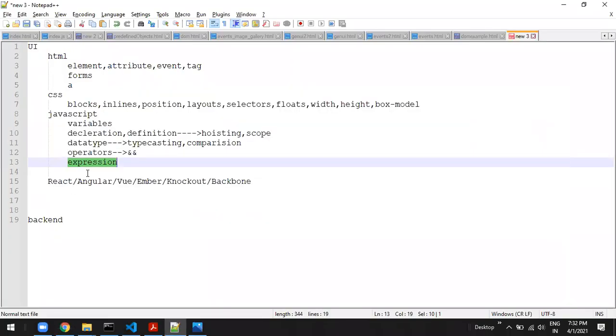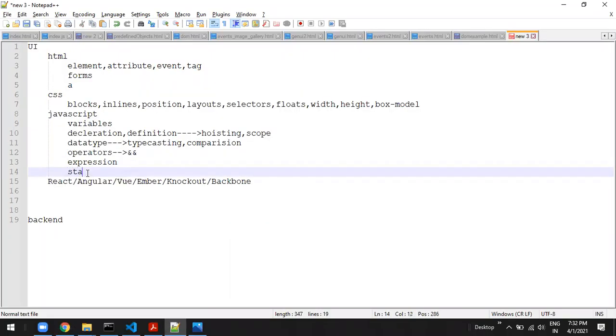After that you should have a clear understanding of statements. What are statements? If else, nested if else, while loop, for loop, nested for loops, nested if else with for loops, while loops, switch case statements. These are the most important things.